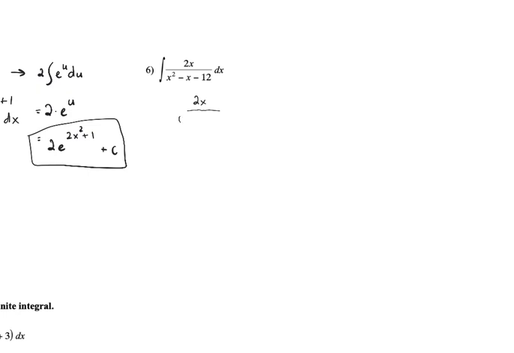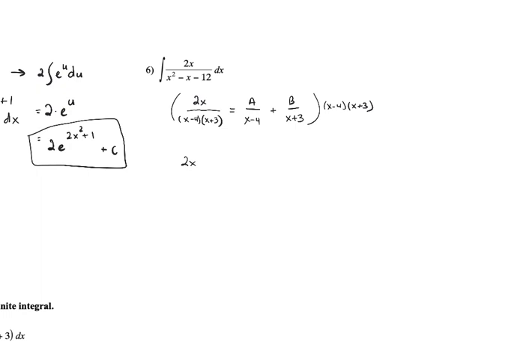So you would factor the denominator into x minus 4, x plus 3. Since there's two factors there, we're going to have two partial fractions. And then after that, we multiply both sides by the lowest common denominator. So this would distribute to all three pieces there,